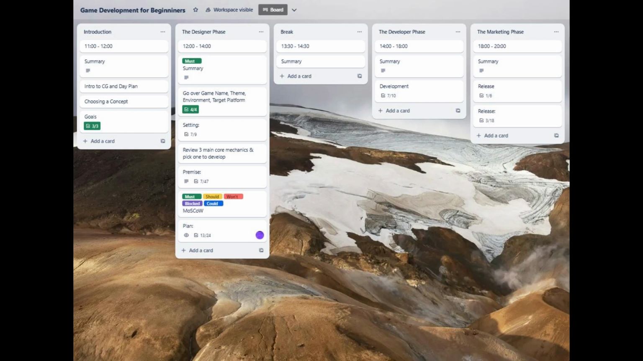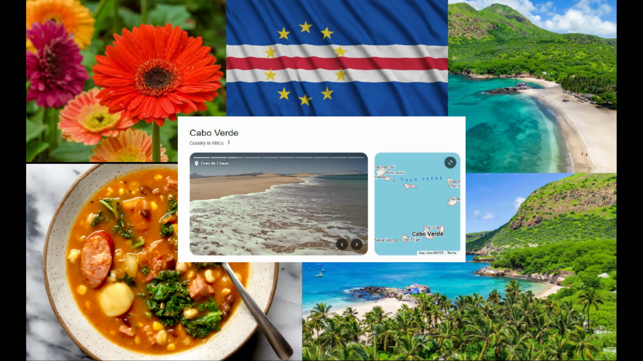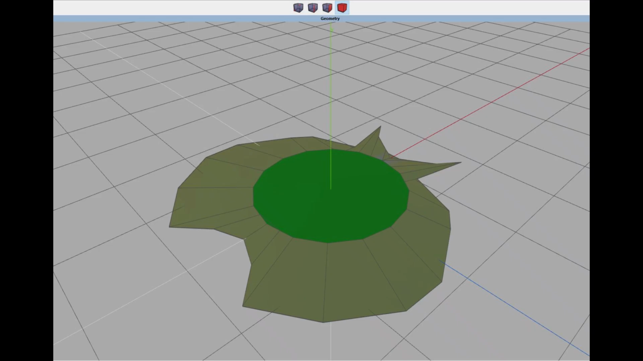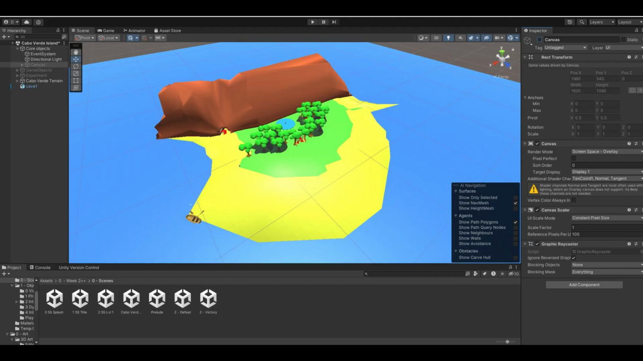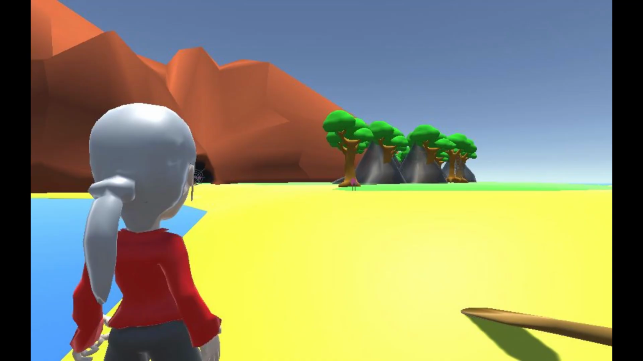We used a Trello board to manage the project and randomly selected a country using Google Generator. We came up with the location Cabo Verde and proceeded to design a game based on that. We did a little bit of 3D modeling, putting together a simple island, and then put together a few elements on the island in order to create a scene that the player can progress through as part of our game